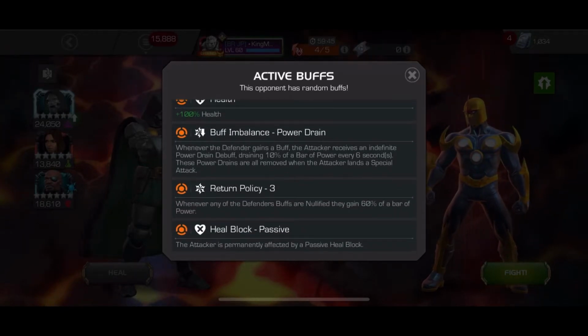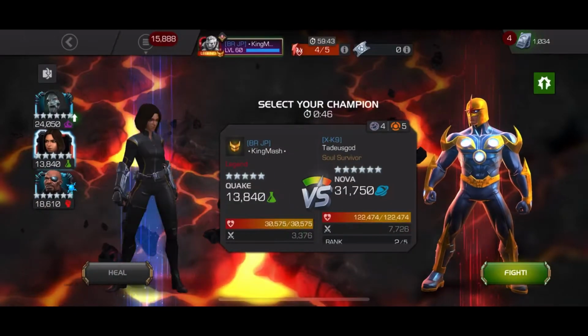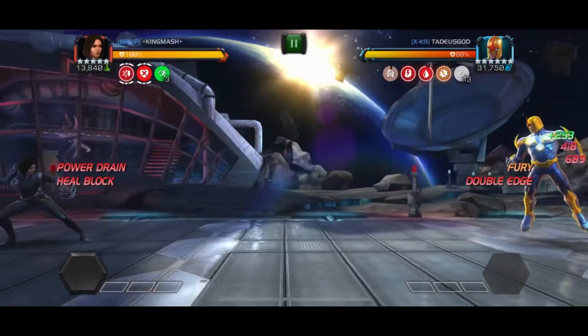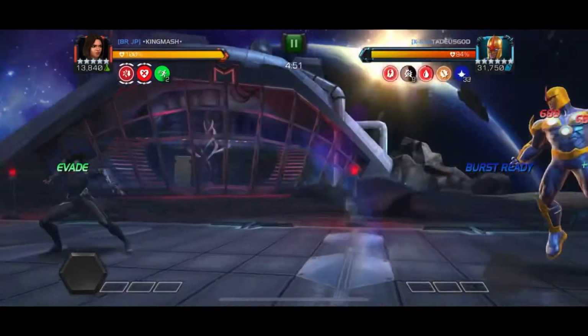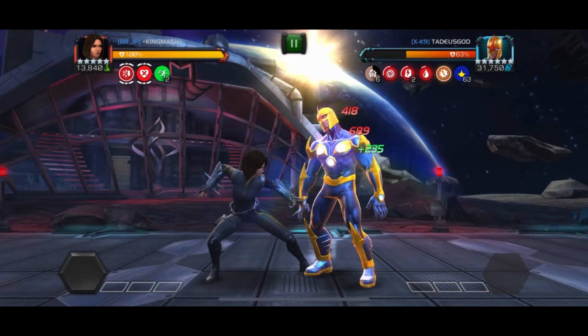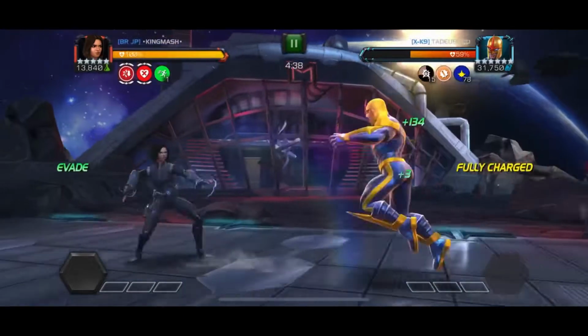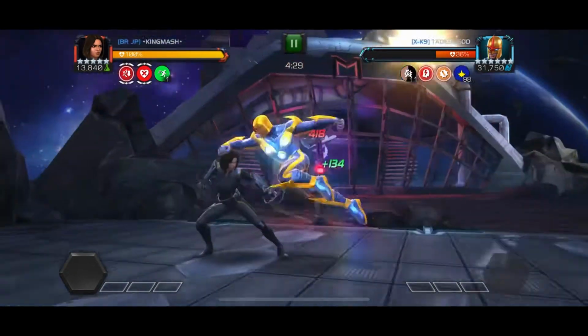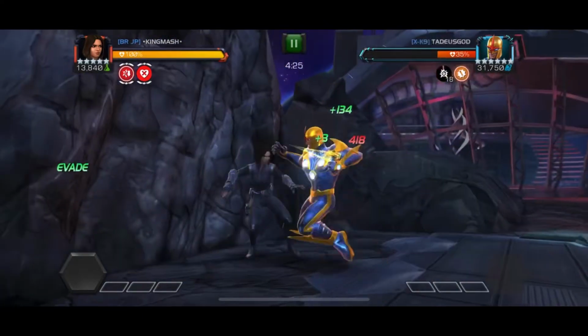Normally I'd use Doom for this fight, but just because of return policy it's just easier to go in with Quake. Don't have to worry about the node or Nova's power gain. So yeah, very simple fight with Quake. Nova's animations are pretty easy to work around with Quake as well, so got to make sure you time those